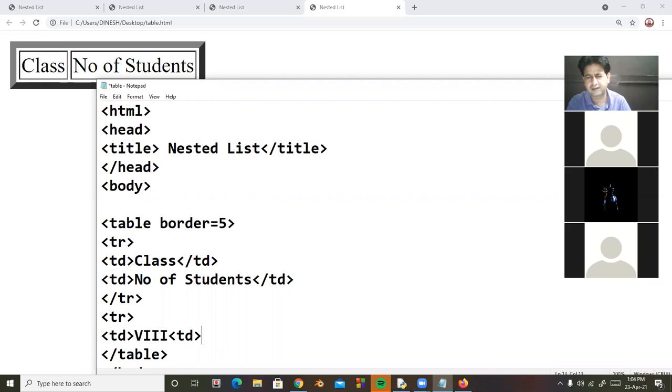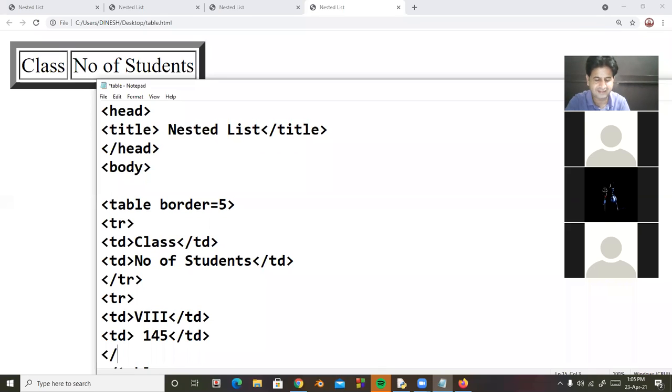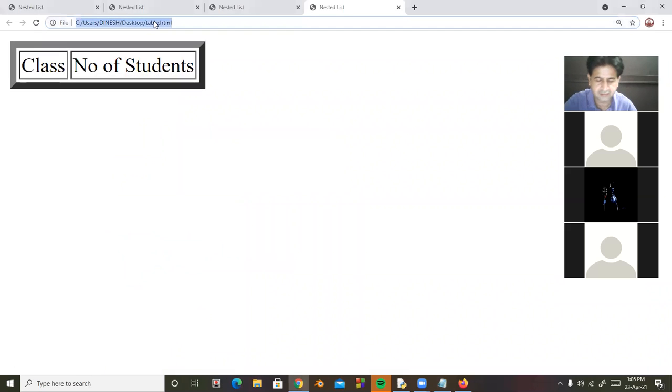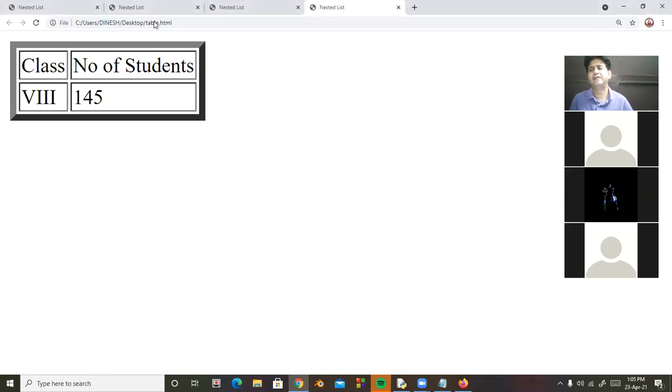Otherwise, you will get a table that is not according to your requirement. Then I take again TD, number of students, suppose it is 145. Then I will close TR. I'm saving this file. Look at here. This is the second row.